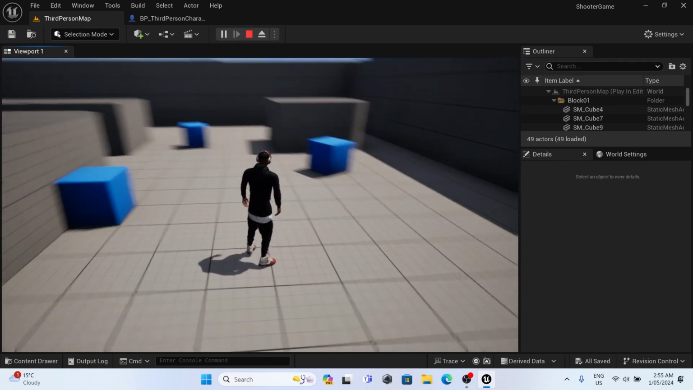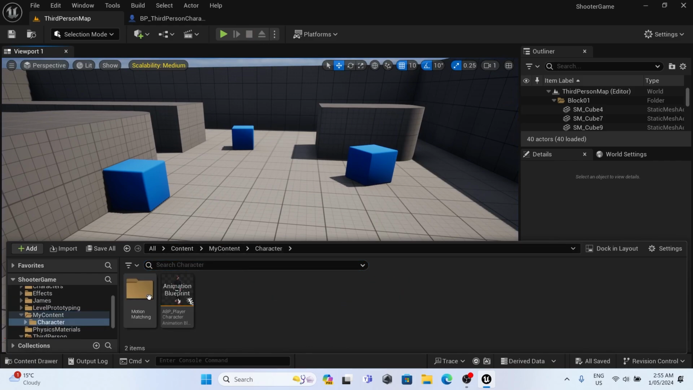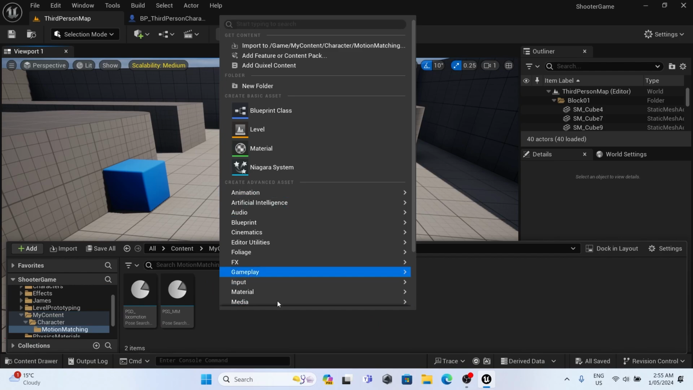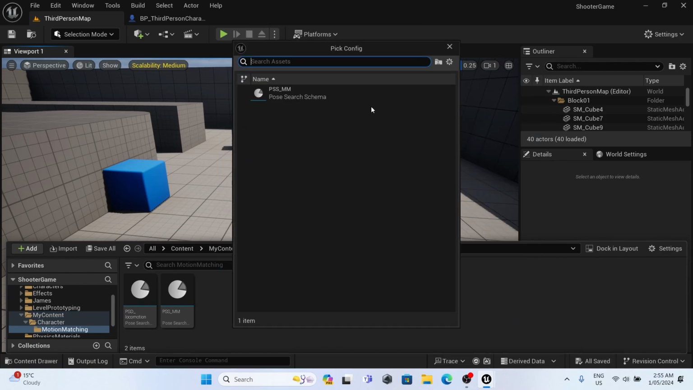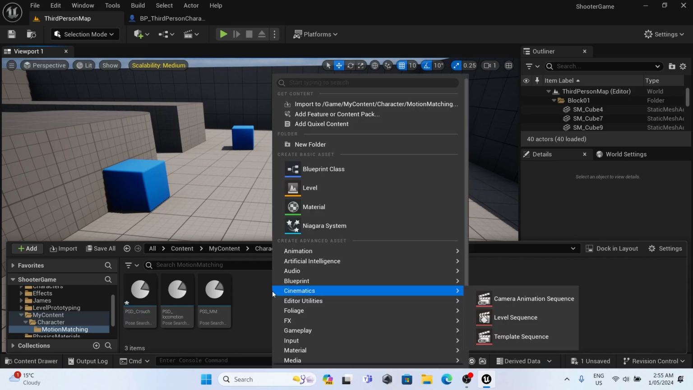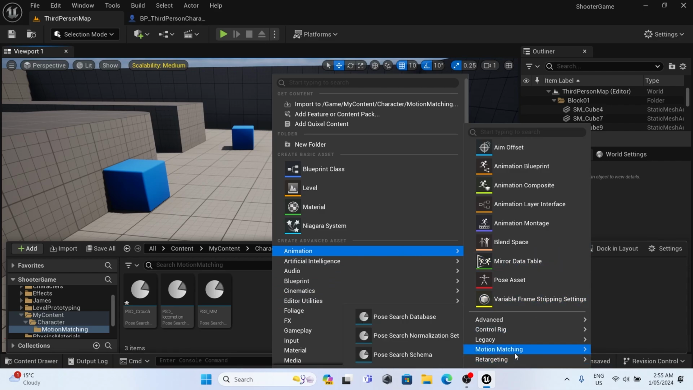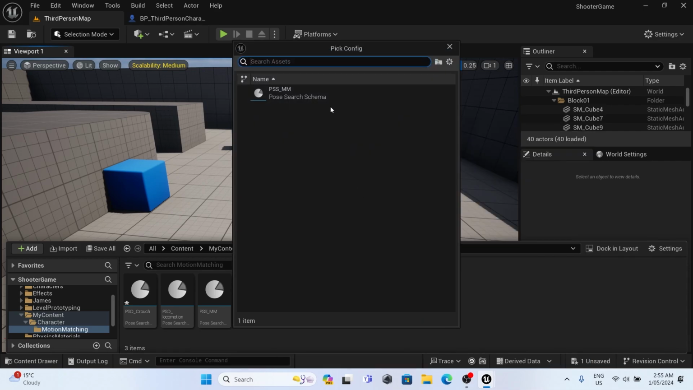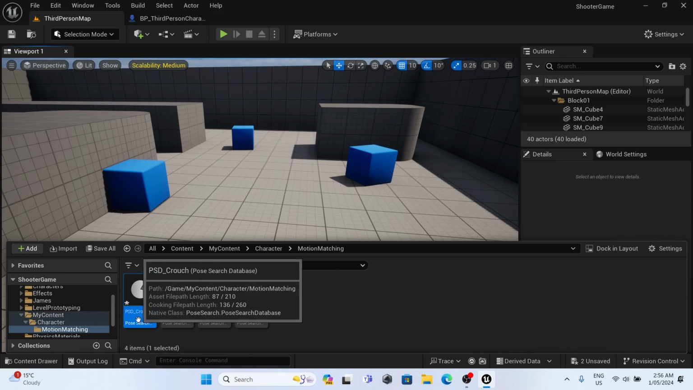Now let's do this for crouch and jump as well. So onto your character motion matching, let's create two PSD with the same schema saying crouch, and then now let's create the PSD for the jump as well. PSD jump. Now what you can do is, here onto your crouch one,